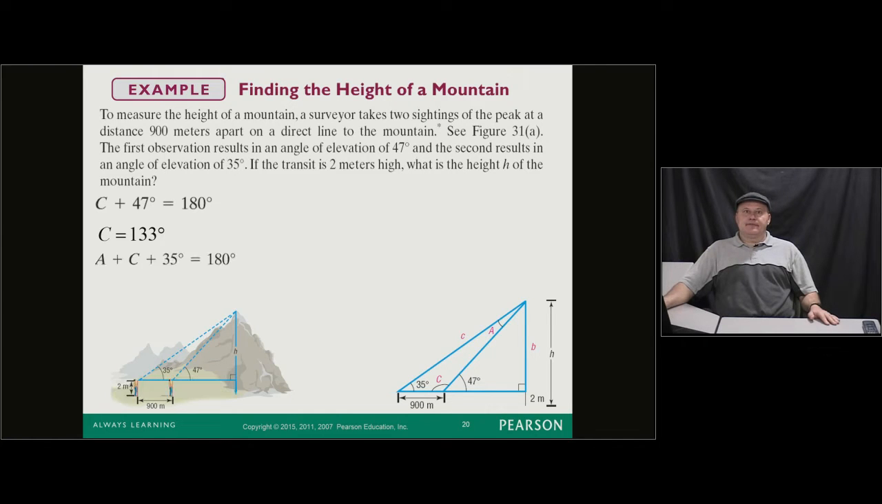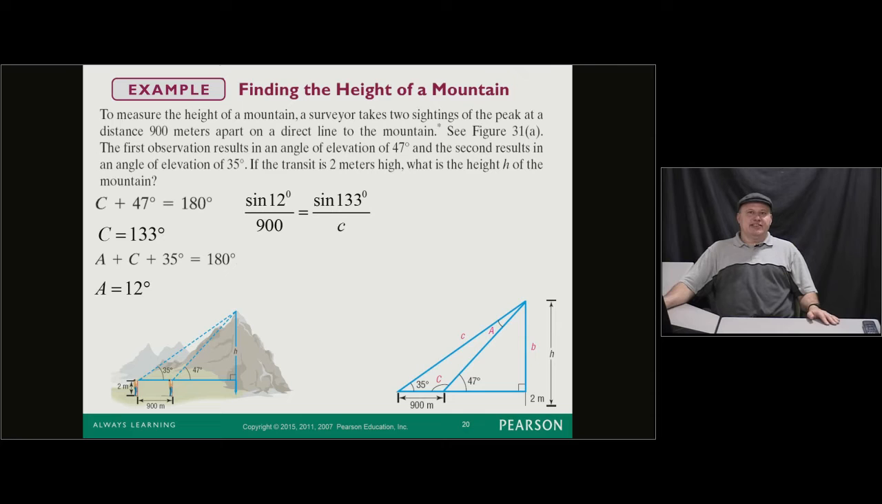A plus C plus 35 degrees is 180 degrees. So we're basically trying to find the angles of the smaller obtuse triangle. So angle A is 12 degrees. So what we're going to try to do is find some unknowns on that triangle right there. So sine of 12 degrees over 900, that's how far the transits are apart,